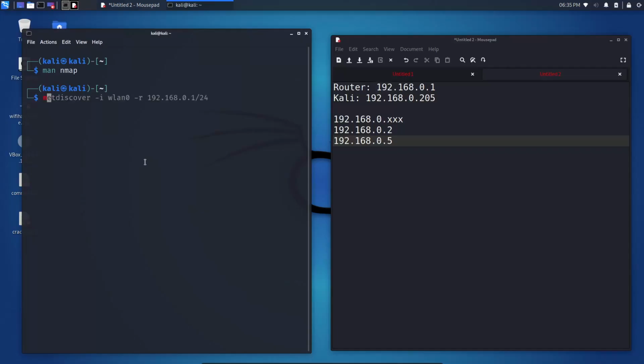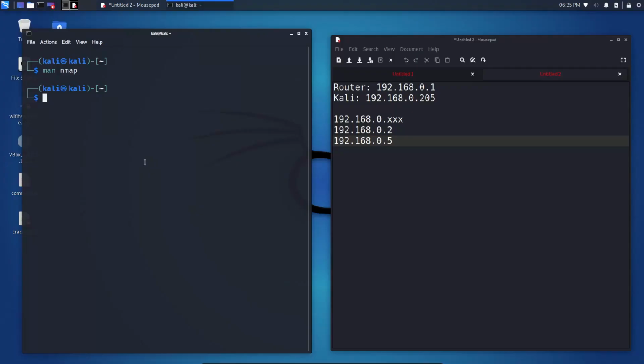So we have Nmap and we can give it the IP like 192.168, etc. But since that can get a little cumbersome, we also have a GUI application. Remember we talked about terminal applications and GUI. Well, in most cases, you should learn how to use Nmap with the terminal, and moving forward in the course, we'll be using Nmap with the terminal. But for this section of the course, since everyone is new and you need to get your hands warm with Nmap,